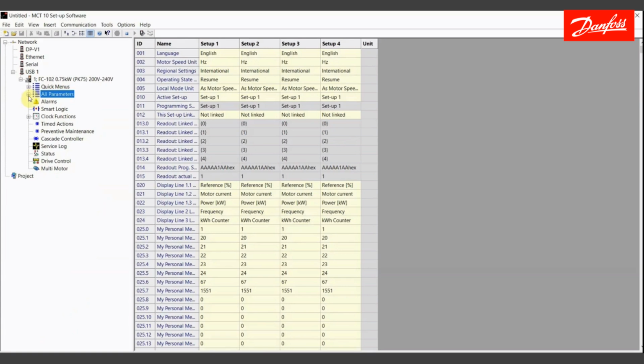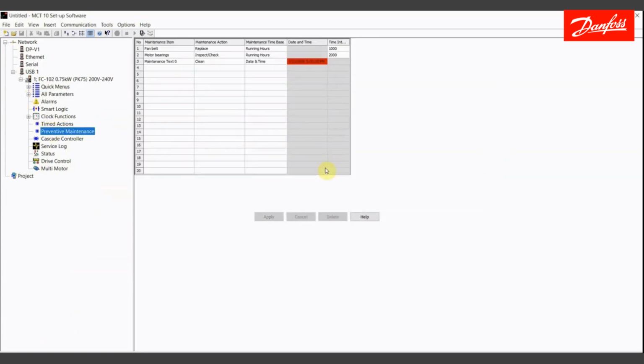So, Preventive Maintenance Wizard available to you. It's very user-friendly. If you need to set up a maintenance schedule,